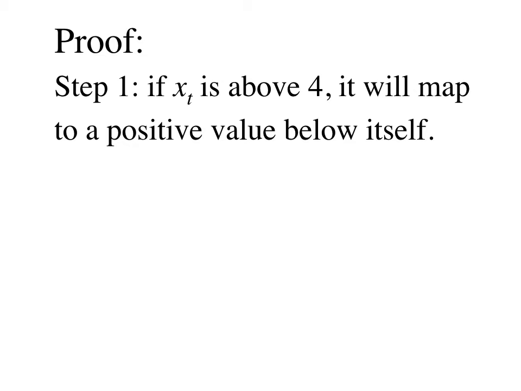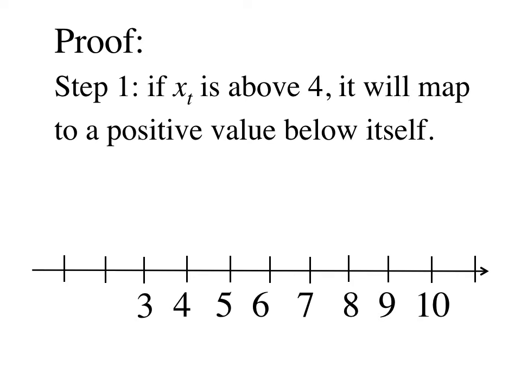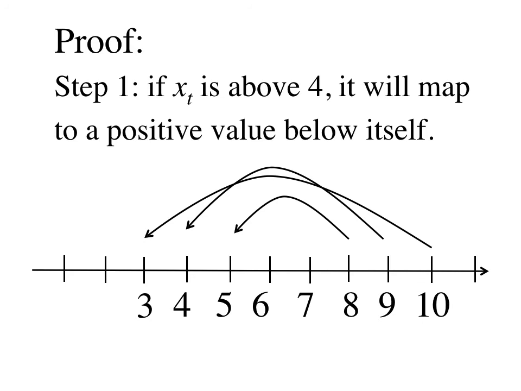Step 1 is to notice that if xt is above 4, it will map to a positive value below itself. So anytime you're above 4, you will either get close to 4 or go below 4. Let's show you this for numbers close to 4 just below 10. 5 goes to 4, 6 goes to 3, 7 goes to 5, 8 goes to 5, 9 goes to 4, 10 goes to 3,